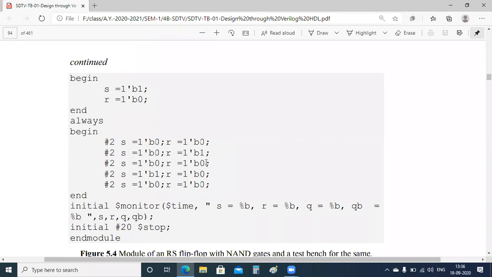Why are we making every time 0 0? Because we are observing whether the output is going to come back to 0 or not. Do you understand? We are observing whether the output is coming back to its original position or changing from there. For that purpose, between every changed combination of inputs we are giving the inputs as zeros. Automatically it is detecting some zero value at the output, right?